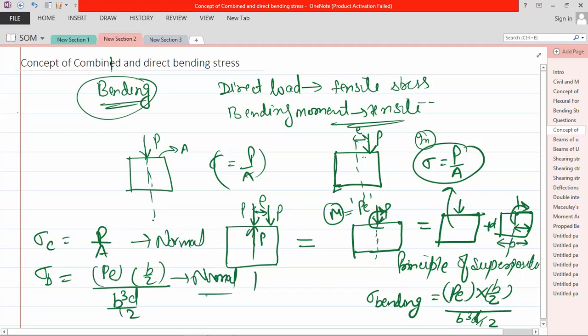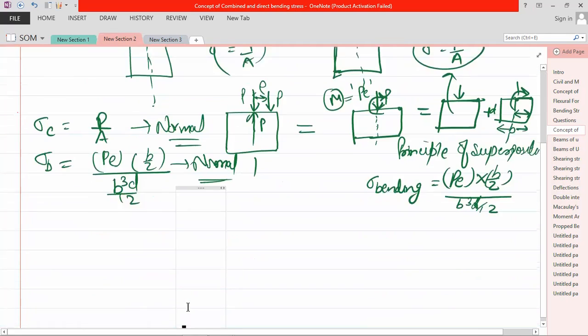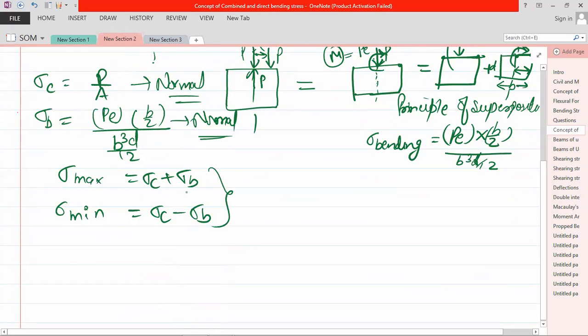So you can add them, because I just taught you in a previous class that like stresses can simply be added and subtracted. Sigma max would be sigma C plus sigma B, and sigma minimum will be sigma C minus sigma B. Now why have I written it this way? I'm going to explain it. Suppose